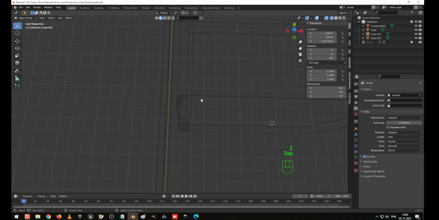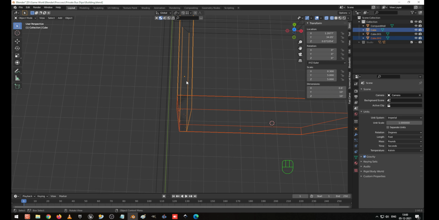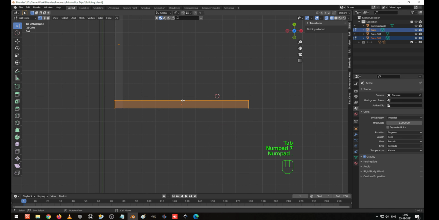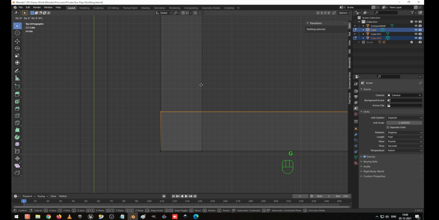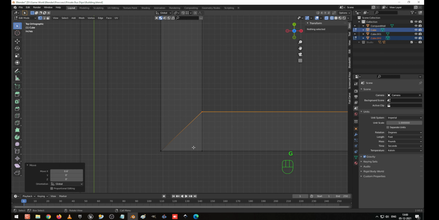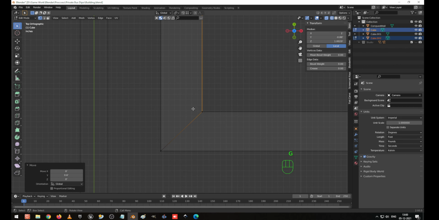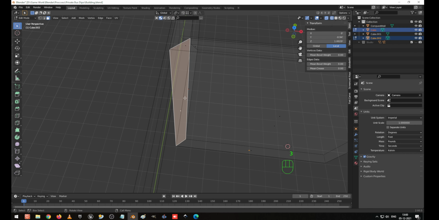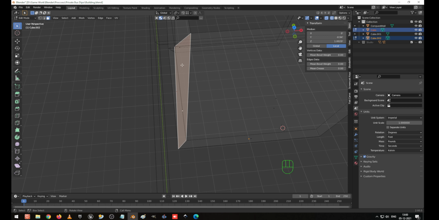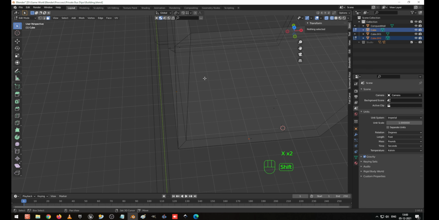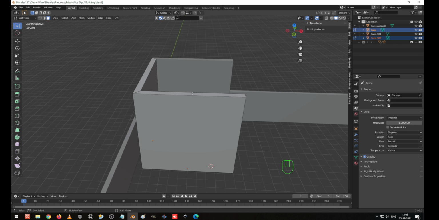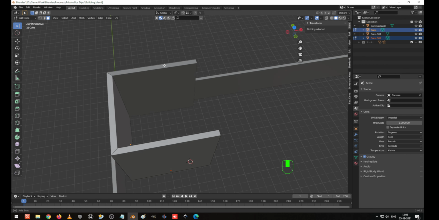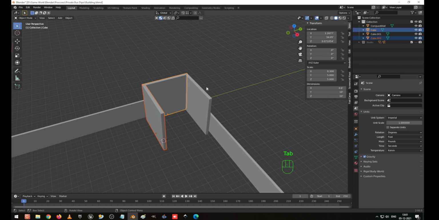The same way we are going to do it in this corner. Go to object mode, select this and that object, go to edit mode, go to the top view, period key, zoom it, G X, G Y, go to the face selection, X to delete the face, X to delete the face. Now here we are going to create a 2.5-inch door for the bathroom. Okay, that one let me leave it, so we can go for the next model.